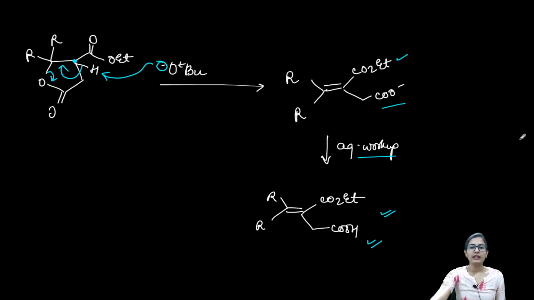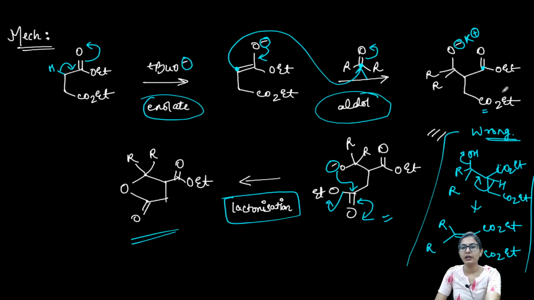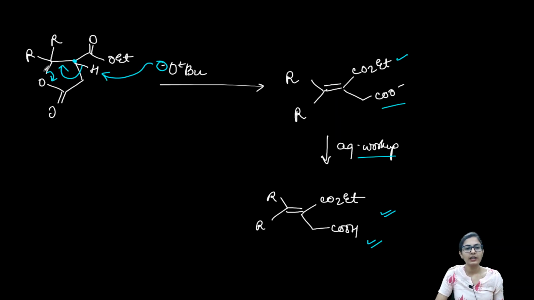Now yes, here we are. Finally, after the lactonization, the elimination takes place like this. You have a very good leaving group. Even the OH is not a good leaving group. Look here, the OH is not a good leaving group, and here you have a carboxylate leaving group. So yes, a much better option for a leaving group, right? So yes, this is how we define the mechanism of the Stobe condensation reaction.